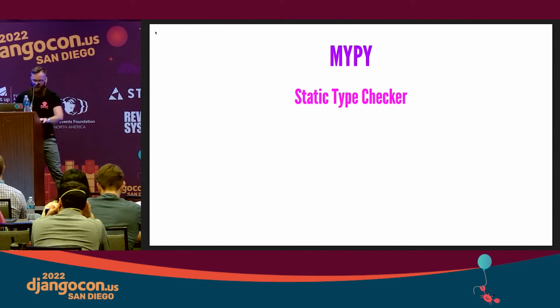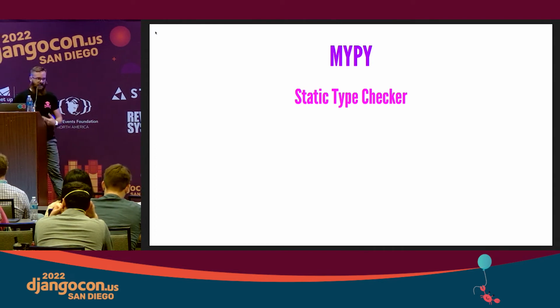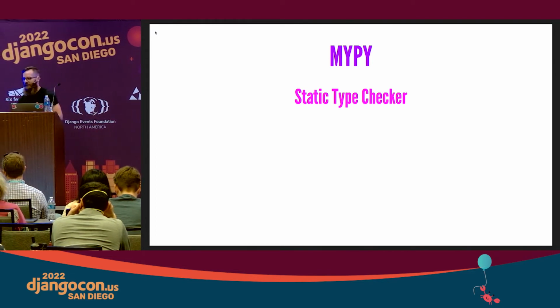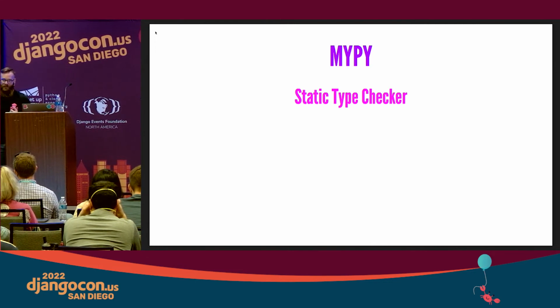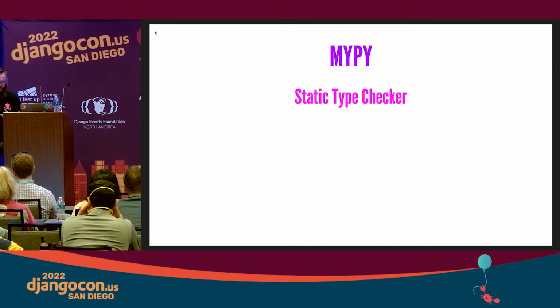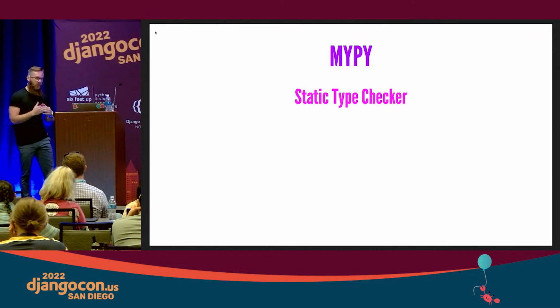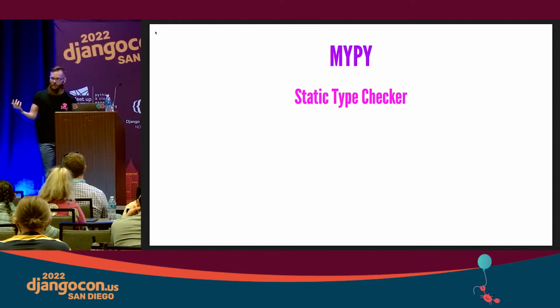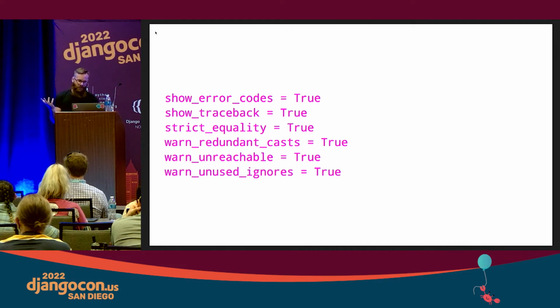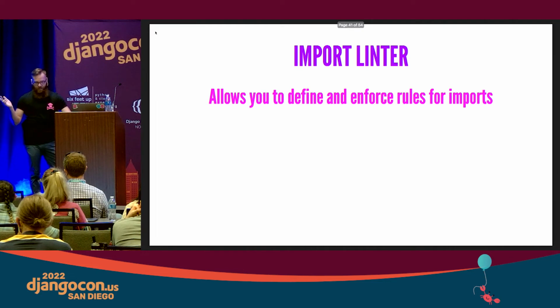We're going to skip over MyPy pretty quickly, but it's a static type checker, so it's trying to get me back to that C code where I can run some code and it won't compile if it doesn't. Unfortunately, the way Python works, MyPy is a static type checker in that it doesn't run at runtime, it runs before. So if you put a whole bunch of types in your code and you never run MyPy on it, it's pretty useless. Here are just some various options that we use in MyPy so that we can complain and that sort of thing.